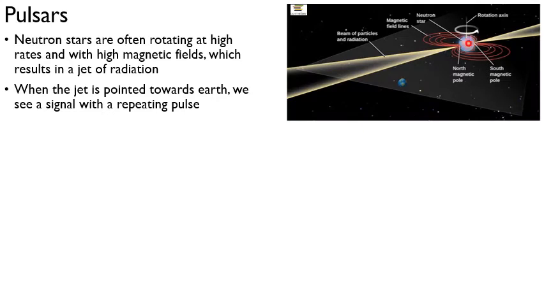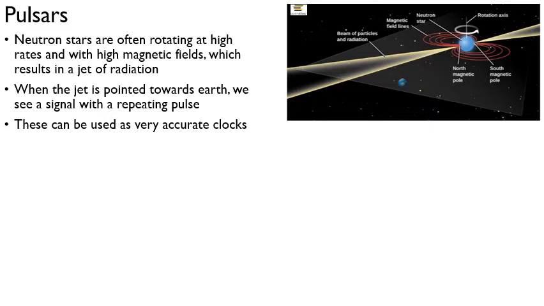And so this is a cartoon here. We have a neutron star with some magnetic field. It's rotating in some way. The magnetic axis can be oriented completely different than the rotation axis, just like we have on Earth. And from the magnetic poles, you'll have this jet of radiation. And when that's pointed towards the Earth, then you'll see periodic pulsing. So this is kind of like a lighthouse pointing towards you, with some frequency. And this pulse repetition rate is extremely regular, and the way that it changes with time is